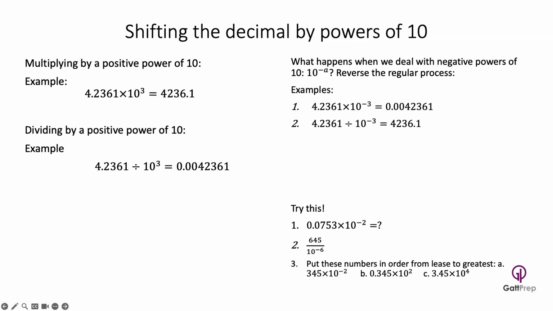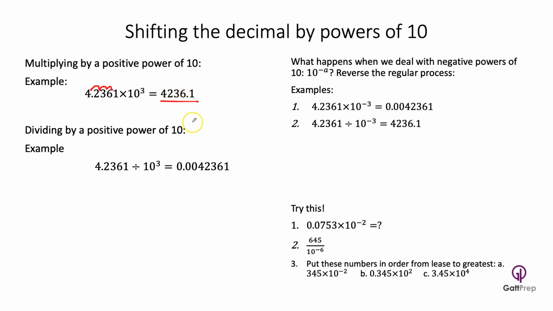When you multiply a number by a positive power of 10, you move the decimal to the right by the specified number of places, and this makes positive numbers bigger. So we have an example here where you have 4.2361 times 10 exponent 3. Because we are multiplying 4.2361 by 3 powers of 10, we will shift the decimal point to the right 3 times. So here the decimal point will shift from here to here and then from here to here. And then the resulting solution is this,